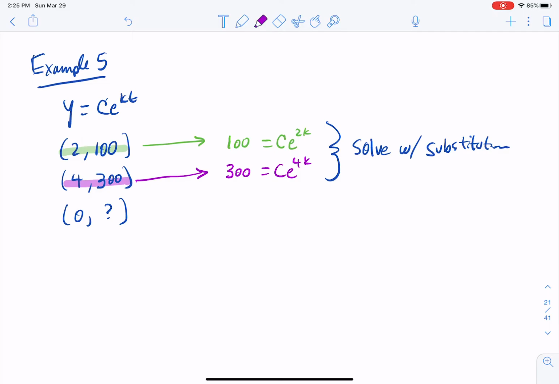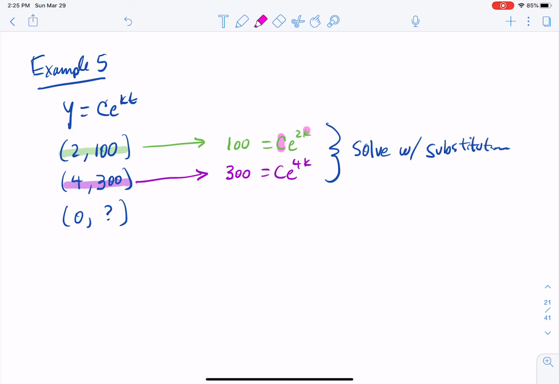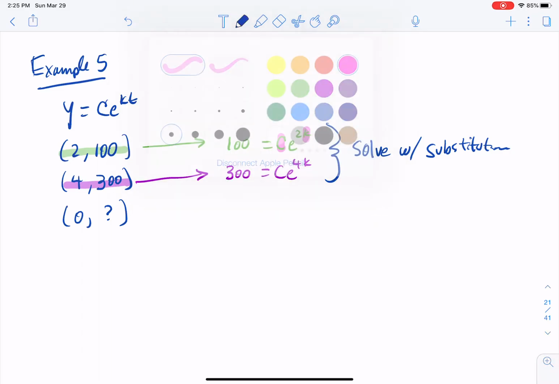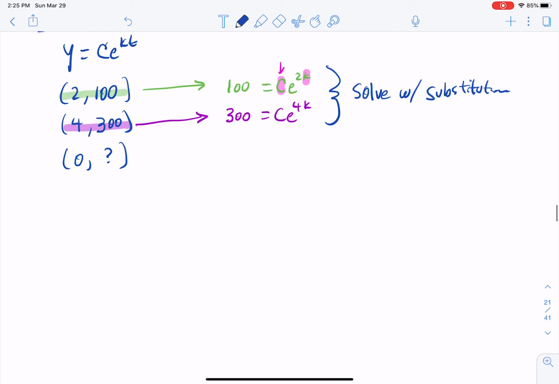That's exactly what I'm going to do, because essentially we've got two variables, the c variable and the k variable. So I'm going to solve the first equation for c, and we end up with 100 over e to the 2k